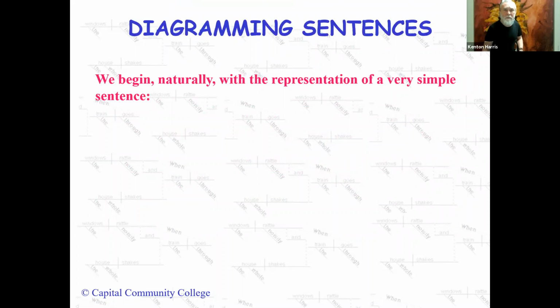Naturally, we'll begin with a very simple sentence. Glaciers melt. Now, he doesn't say this, I don't think, here. I haven't looked at this in a while. But the first 4 steps of diagramming a sentence are always the same. Step 1, 2, 3, and 4 are always the same. Step 1, draw a horizontal line.